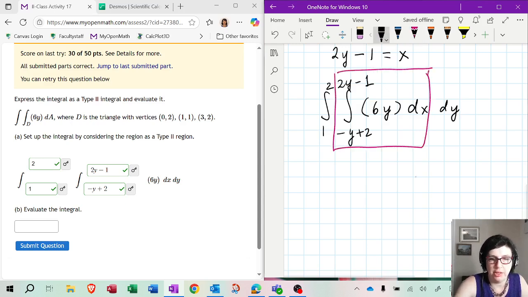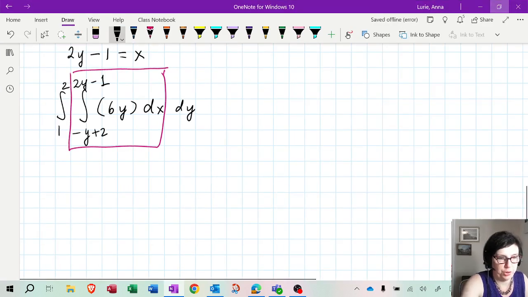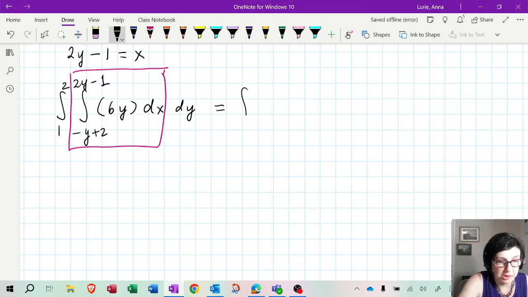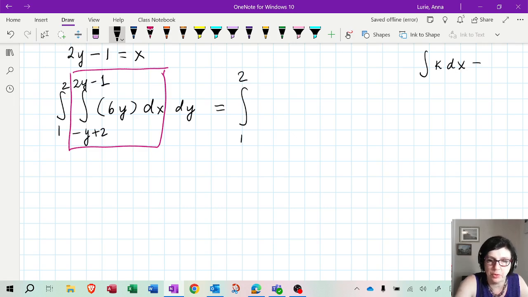Here you are integrating with respect to x first, right? And when you integrate with respect to x, always remember that the other variable is considered a number. So how do we integrate a number? So we know from the univariate calculus that if you have just a number and you integrate it with respect to x, that just means kx, right? Because the derivative of kx is k. 5x derivative is 5. So when you integrate k, this will be kx. Here, the role of k is the 6y because it does not have an x, so it's like a number, which means that it's just going to be 6yx.